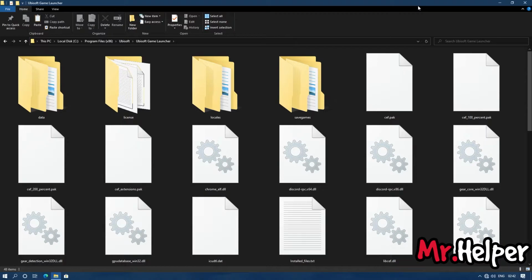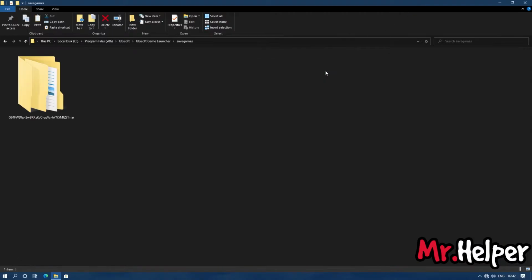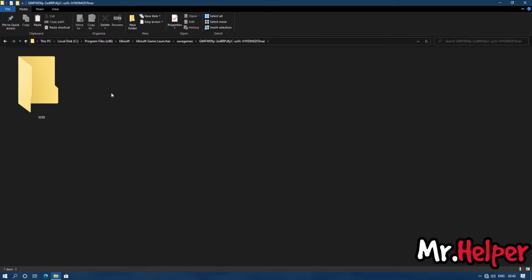Now try to find a folder named Save Games. Open it. Now inside this Save Games folder, you are going to find a folder with a random name. That's not a random name, that's your UBI Soft Connect ID. Open it. Now inside this folder, you are going to find a folder named 5059. Open it.